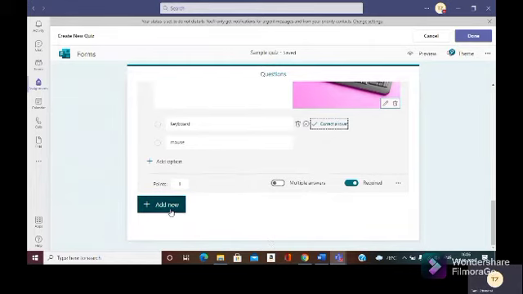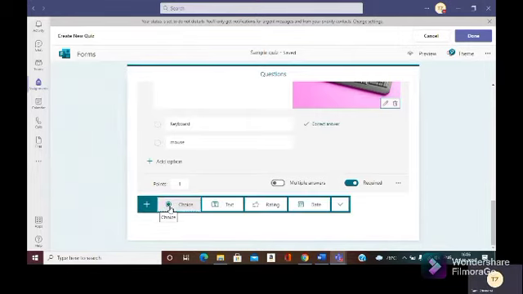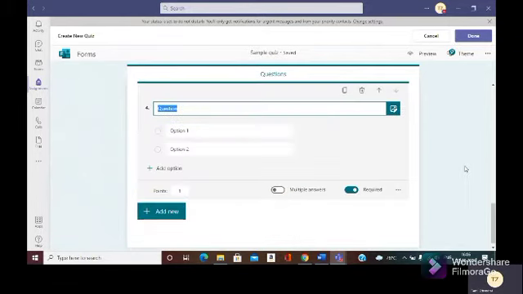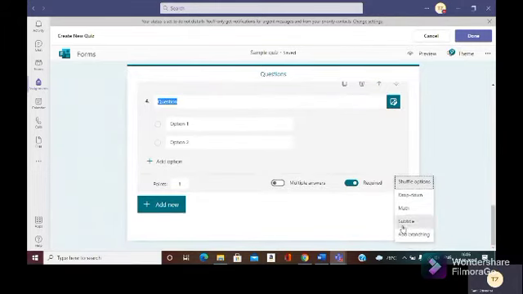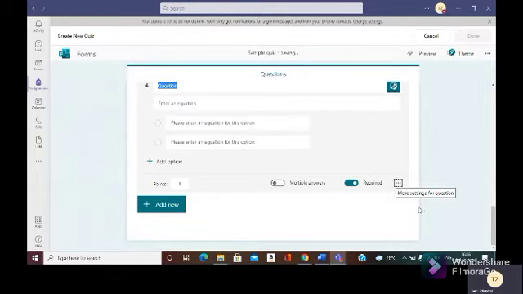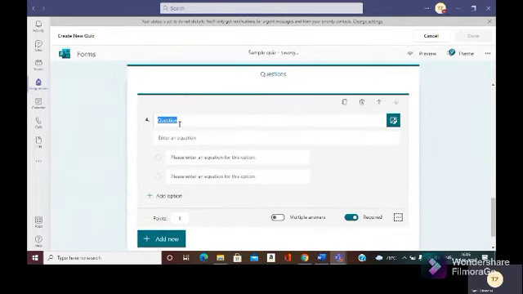Now I'm going to make another section. Before that, I'm going to add another choice question for the math subject. If my question is a math question, then here there are three dots. Click on this and you will be able to select Math. Select Math. Now you can type the question.